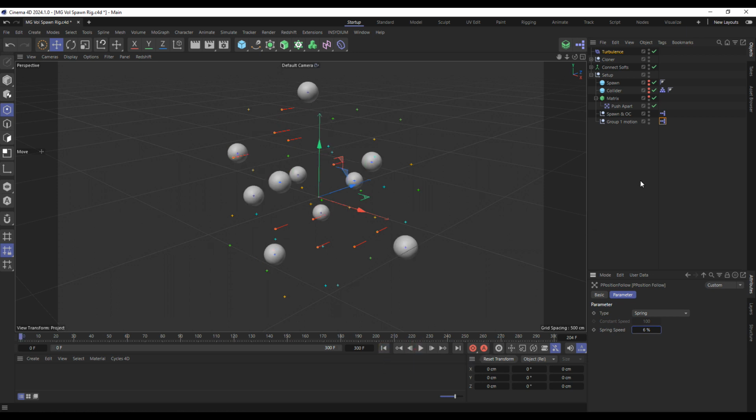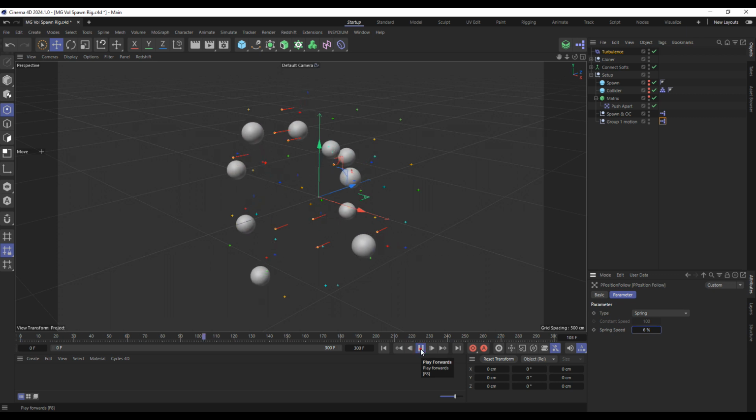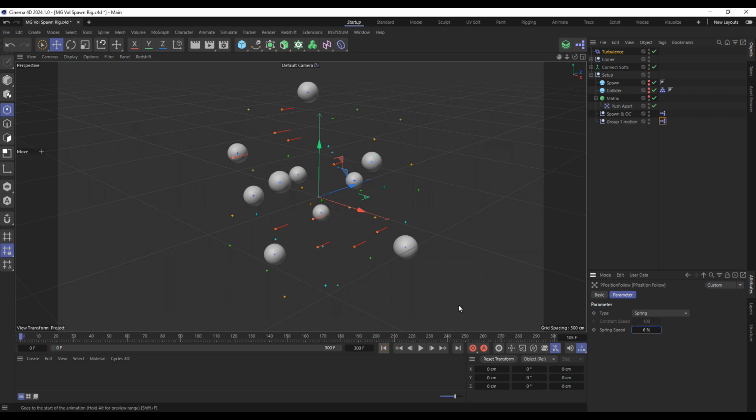Like, you could use repulse and bounce with this same group 1 in both groups, and literally force them to not do that clustering, but it's a little bit calculation heavy. So that's that bit. It's not perfect, but